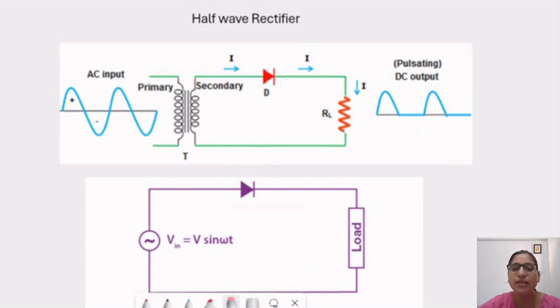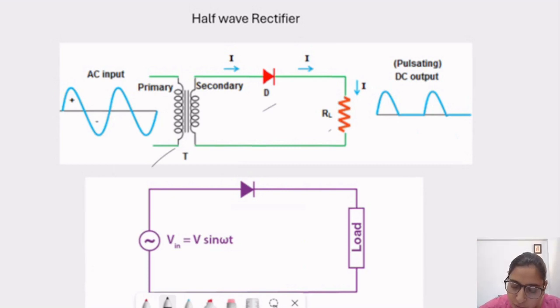In this class, we will study half-wave rectifiers. Here a circuit of a half-wave rectifier is given. In this, we can see that one transformer is connected to the diode and the load resistor. Rectifier circuits are used to convert an AC signal, or alternating current, to pulsating DC. Now, we will see the circuitry and the working explanation of this circuit.